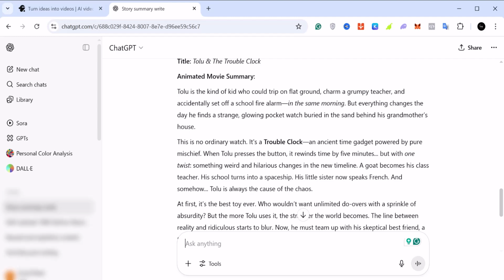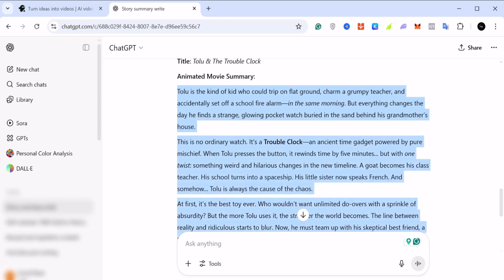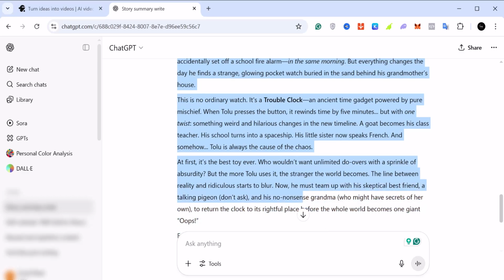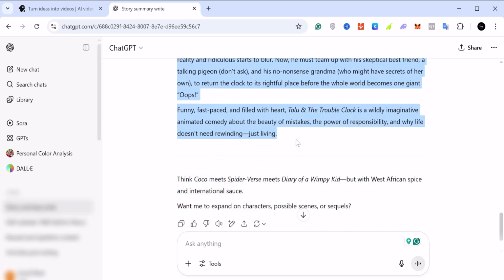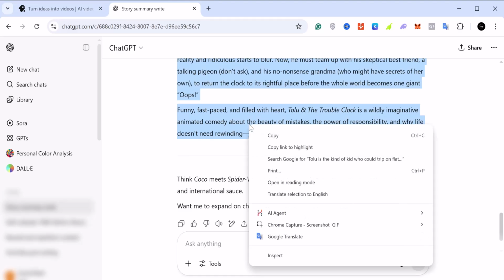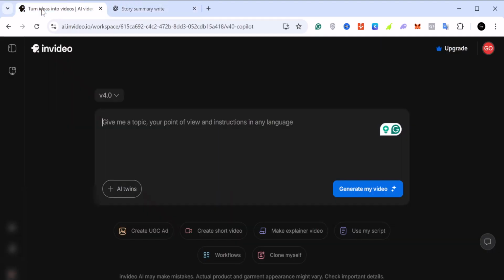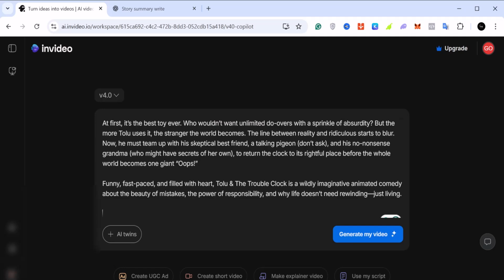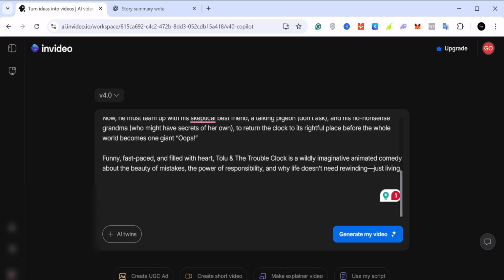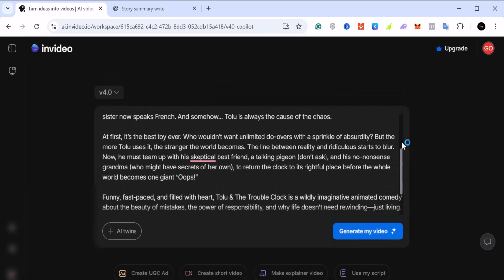You can give it to ChatGPT and it will get it done for you, or any AI tool that you prefer. So I'm just going to copy this story, and this is what I'm going to give to the software here to perform the magic. So you can just come here and paste your story, and ordinarily you can just click on generate. But before you click on generate my video, you have a lot of options and a lot of things that you can do, and I'm just going to walk you through them